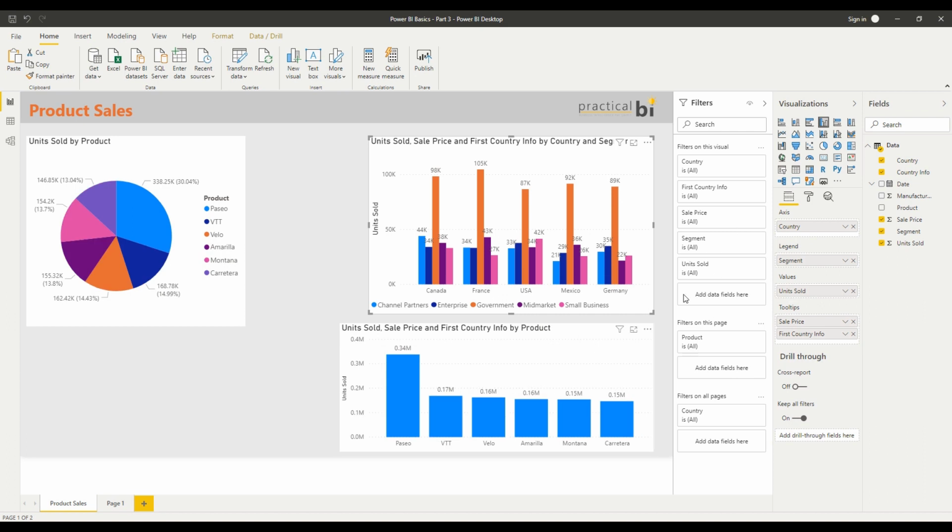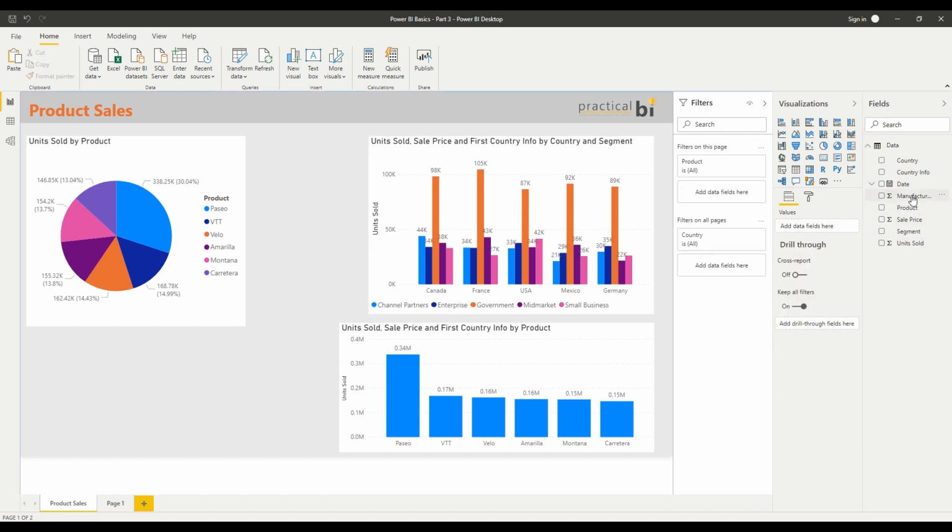So one final point on filters is with regards to dates. So again, we'll look at data types in more detail, but let's just start by dragging on my date field here onto my filters on all pages. You'll see that as a start, I've got basic filtering. But when I drop down on my filter type here, I now have this third option of relative date. So let's select that. So what this does, this allows me to select particular dates based on those dates being,